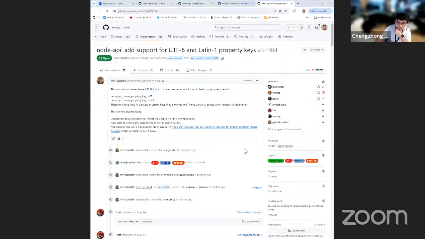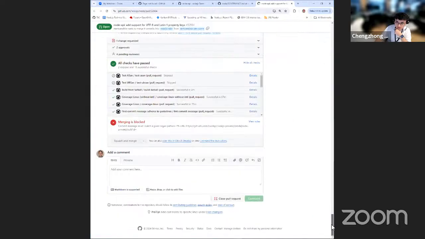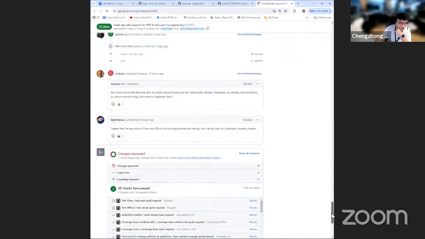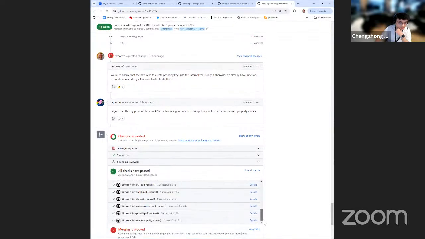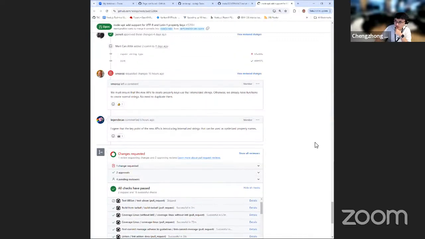Last time I presented this in the meeting, the PR should be ready to land, until someone suggested a change that is reverted, that makes the property type a normal string, and the author applied the change.